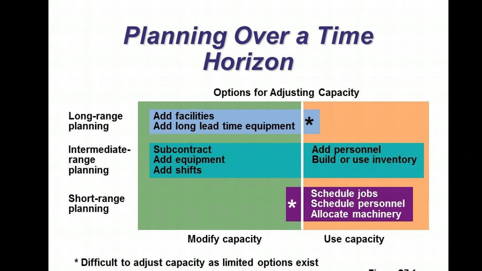Add personnel, build or use inventory. Those again fall in the intermediate stage. You can do some more hiring, but as we'll talk about in the second half of tonight, personnel issues are real trouble, in terms of, it's far easier to manage machines than it is people. People can punish you if they're abused. And so trying to surge to cover situations with personnel, or hiring, firing people, or training them, all those things can be problematic. You're looking at me like I'm saying people are bad.